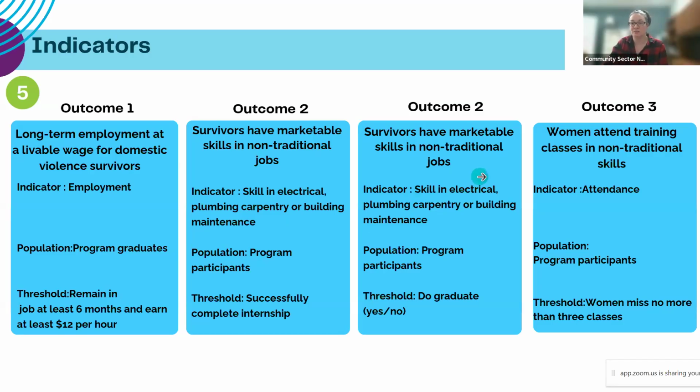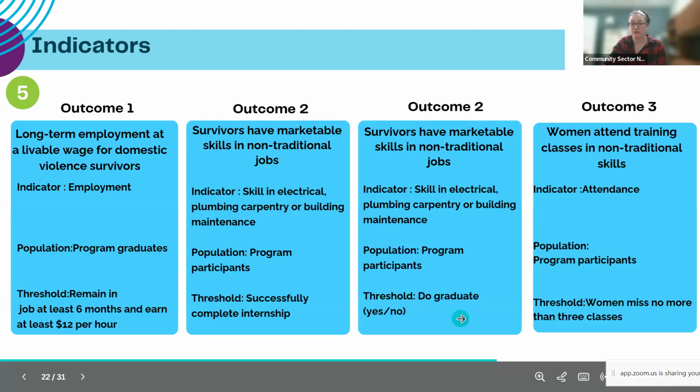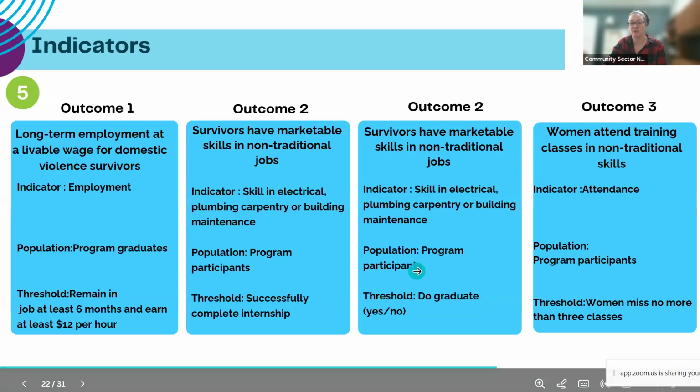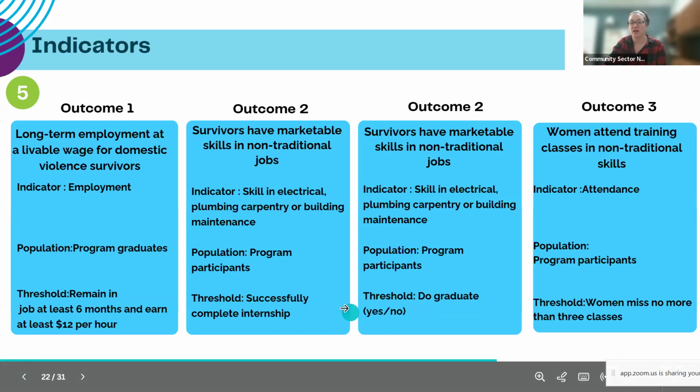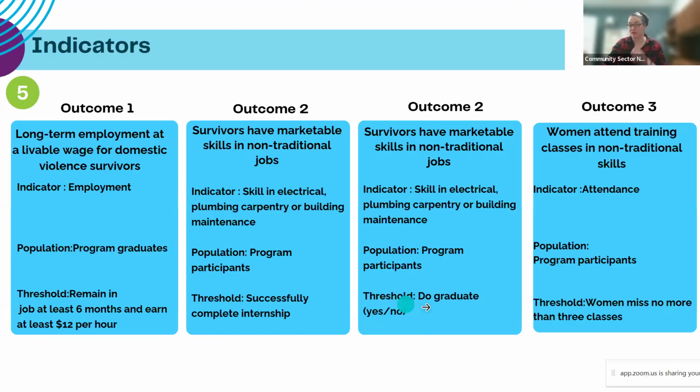Another level 2 outcome, or another part of outcome 2, having the marketable skills, is then looking at whether or not they graduate. So there can be 2 separate threshold indicators involving the same outcome and the same participants, and looking at why some people were able to complete the internship, and then why some people get all the way through to graduation. So we're getting pretty granular when separating out these